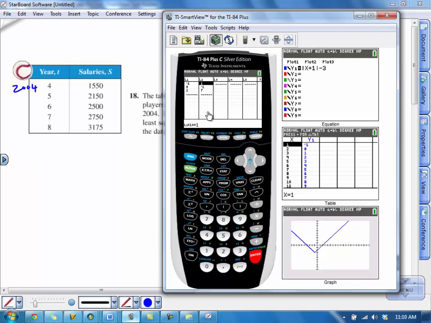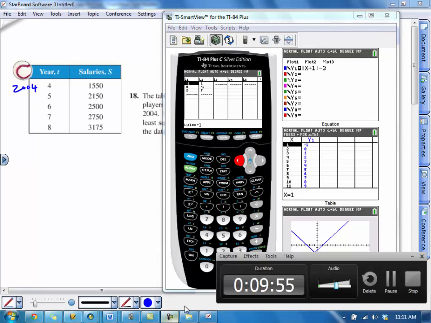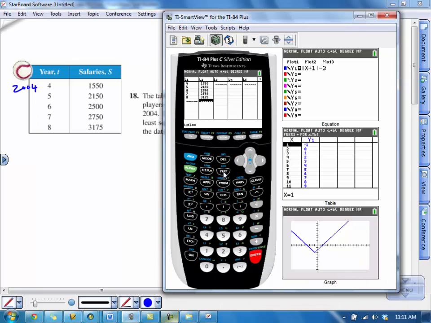We're going to enter in L1 these X values, and in L2 we'll enter in the Y values. Once we get those entered in, we'll hit stat, then calculate. This is going to be linear regression. And I like to store the regression equation in Y1 by hitting